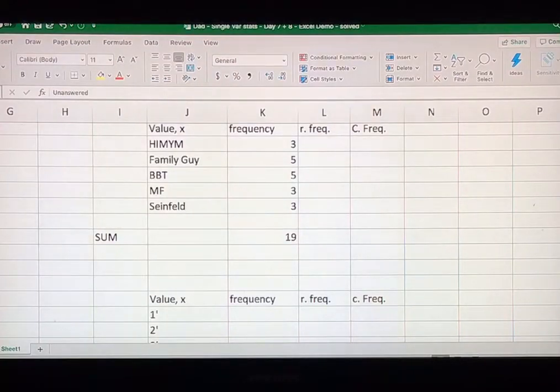Okay, we're back, continuing after figuring out the frequency of the categorical variables that we had. In this case, it's the TV show, favorite TV show. So we calculated the frequency and summed up all the frequencies. And remember, we were supposed to have 20 data points, but we came up to 19 because I had one unanswered. Now what I want to do is show you how to use a formula